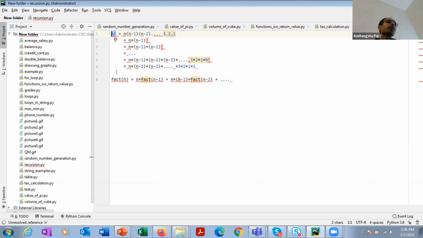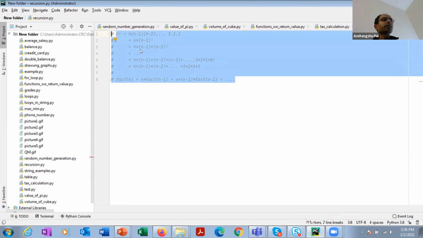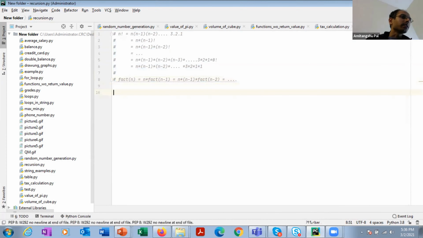Okay, all right, so let's write a recursive function for calculating the factorial of a number n. Okay, so let me comment this discussion. Let's write a recursive function called factorial that takes n and then returns the factorial of that number.